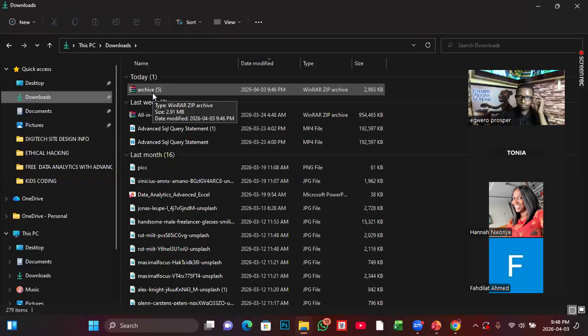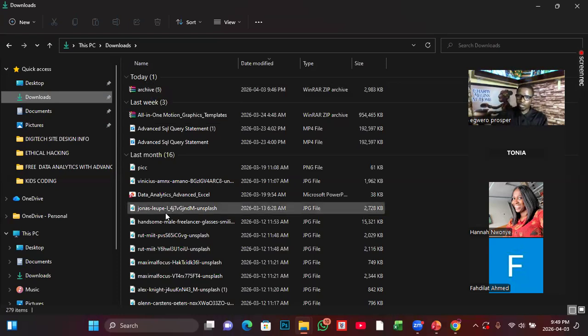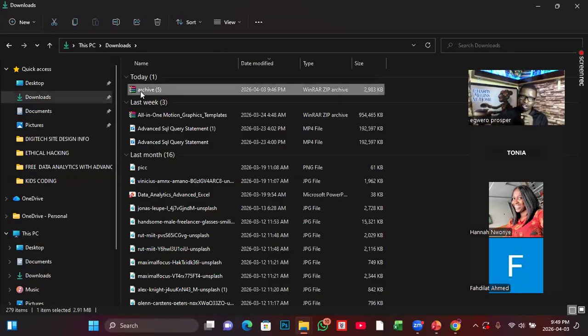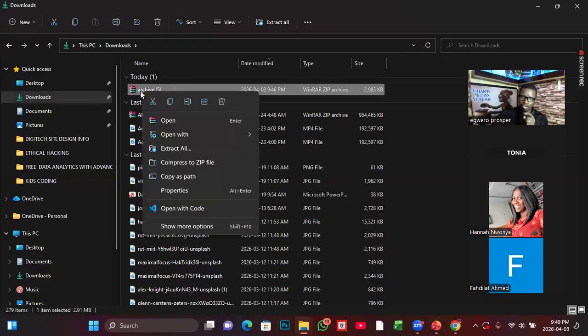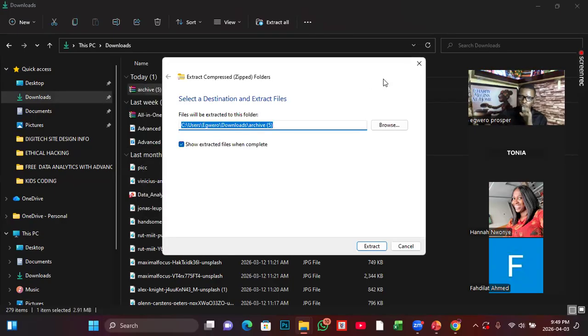So from here, we are going to unzip. How do we unzip it? You can unzip and keep the unzipped copy here, or you can unzip and send it to that folder we created on desktop. So I am going to unzip it and send it to that folder. How do I do that? You right click on it, and then select extract all, and then it will prompt you a dialog box like this.